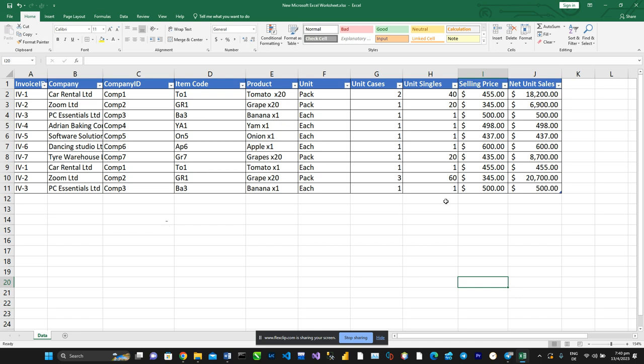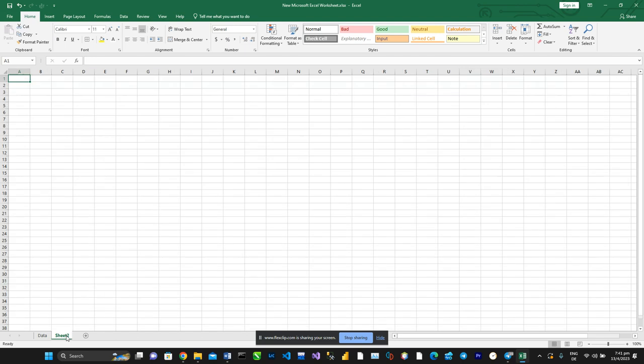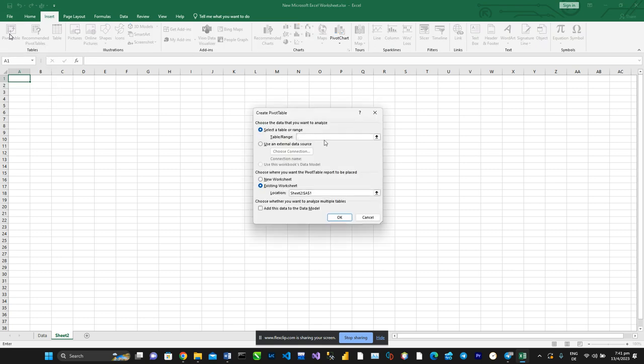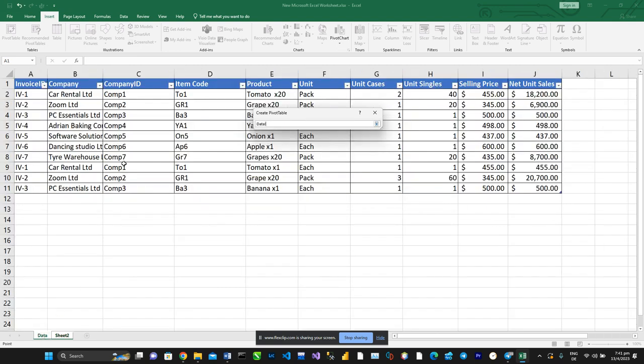Alright, so once you have that table with the headers, you create a new sheet, and this new sheet will be where your pivot table will be. So you go to insert, you can click on recommended pivot table, which will try and generate a pivot table based on the templates that they have, or you can just create one manually, which isn't hard. So then we would want to locate that table, so I'll be selecting here,